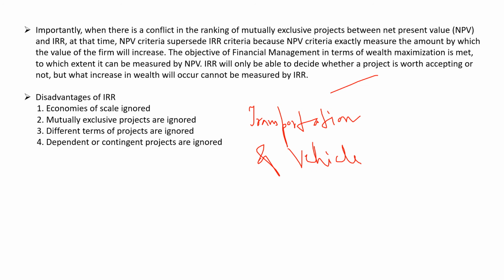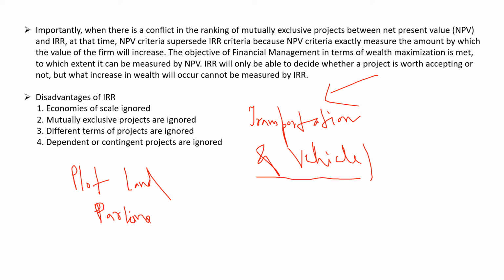If I want to invest in the business of transportation of vehicles, then in order to park these vehicles, I will again need a plot of land. I'm going to need a plot of land for parking purpose. If I only see through the IRR method, I see that investing in the transportation of vehicles is very profitable for me, and